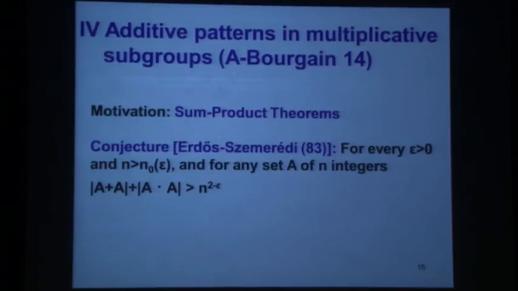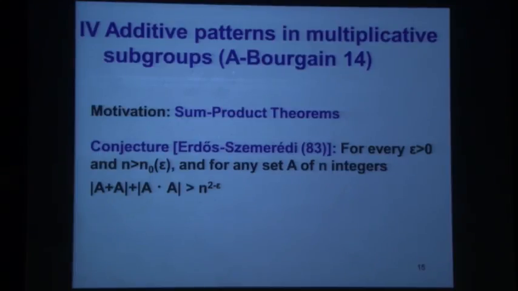So they already proved in the original paper that the number of sums, you see, so maybe the intuition for that is that if a set is an arithmetic progression, then the number of sums is only 2n minus 1, is only linear, that's the minimum that it can be. If it's a geometric progression, the number of products is only 2n minus 1. And this says that in a way, a set cannot be close to an arithmetic progression and a geometric progression together. Okay? And they proved in the original paper some estimate, instead of n to the 2 minus epsilon, they